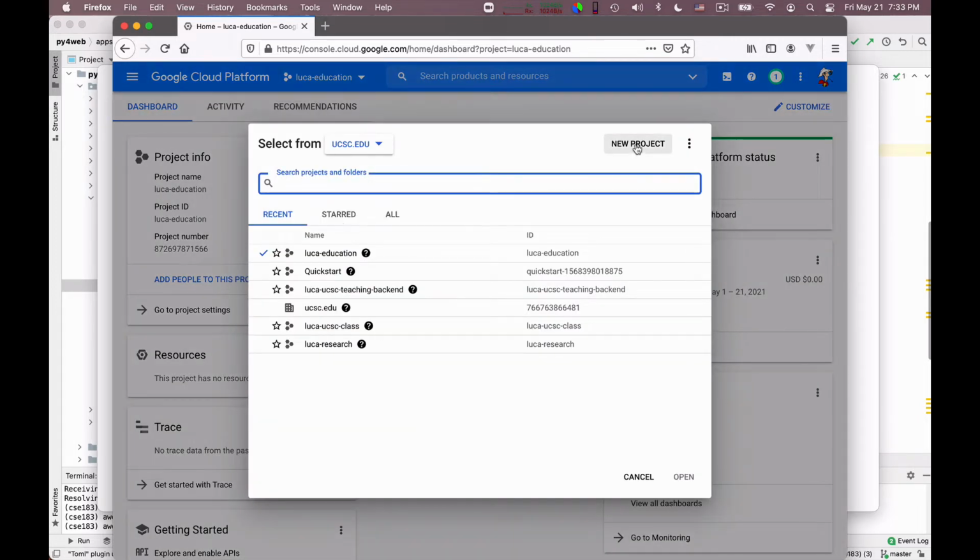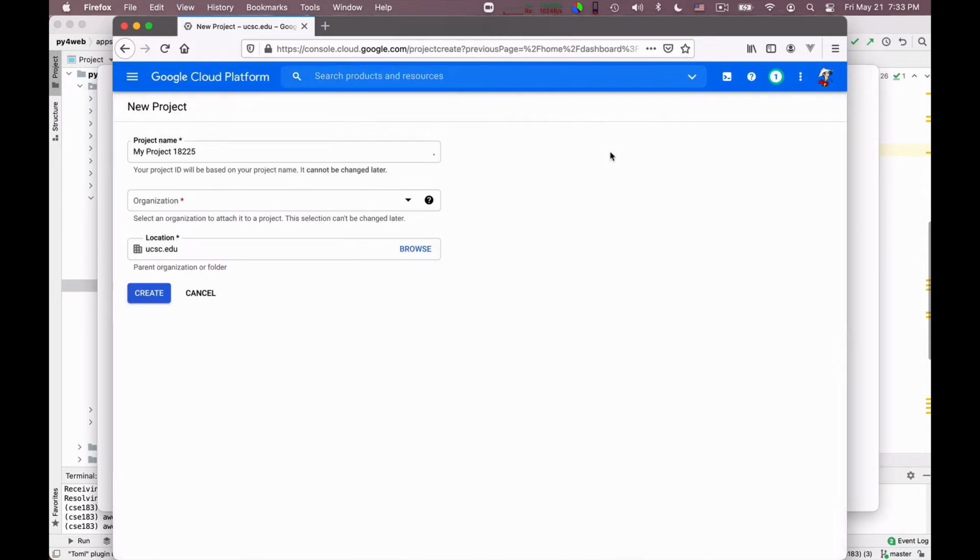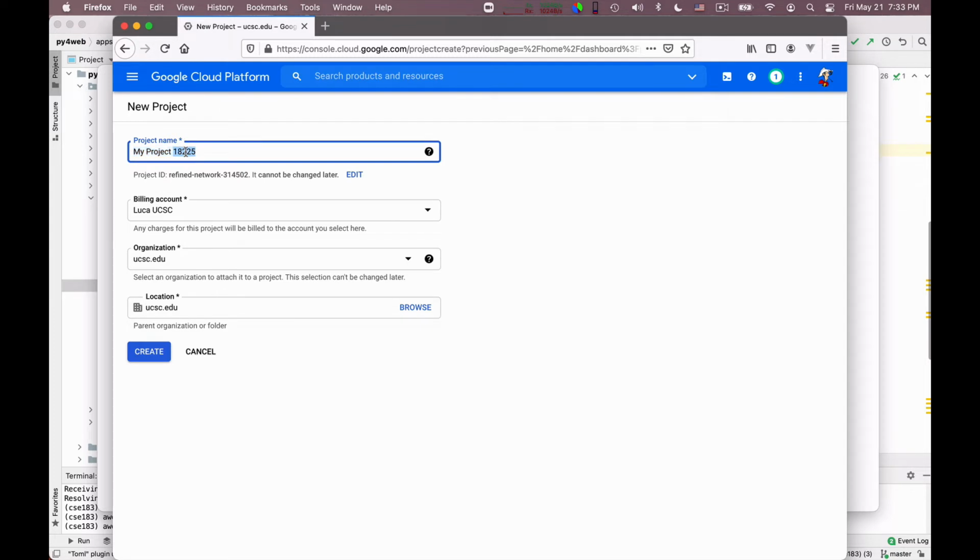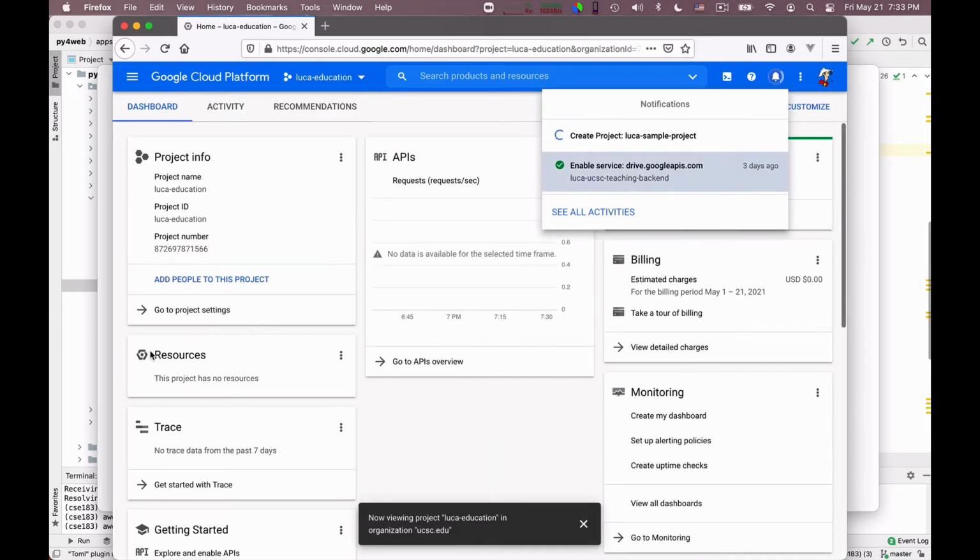But I want to create a new one that I will delete afterwards. I need to invent a name, so I guess I will use Luca Sample Project. Okay, this actually works, so I can create it. The organization is UCSC, and I just create it.